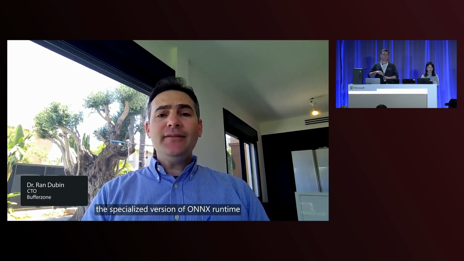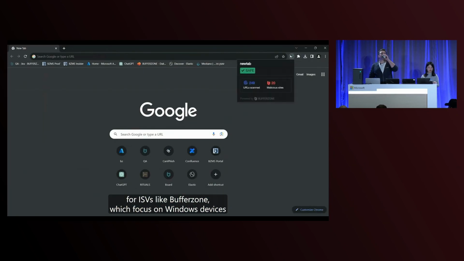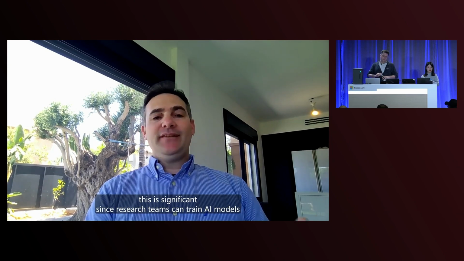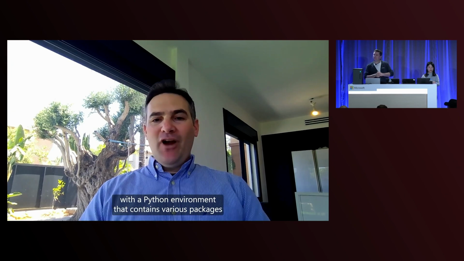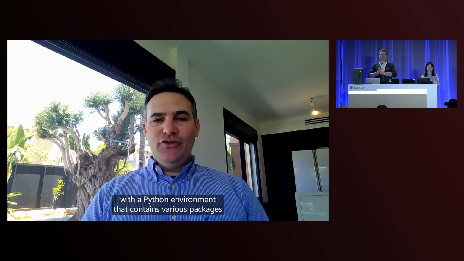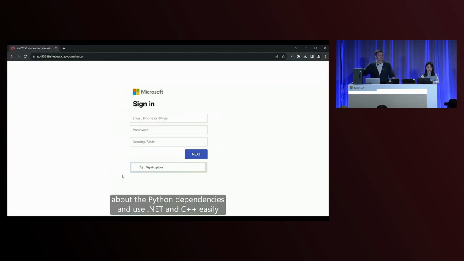Windows ML is built upon the specialized version of ONNX Runtime for ISVs like Bufferzone, which focus on Windows devices. This is significant since research teams can train AI models with a Python environment that contains various packages and dependencies, while ONNX enables us to forget about those Python dependencies and use .NET and C++ easily without the complexities and Python dependencies.